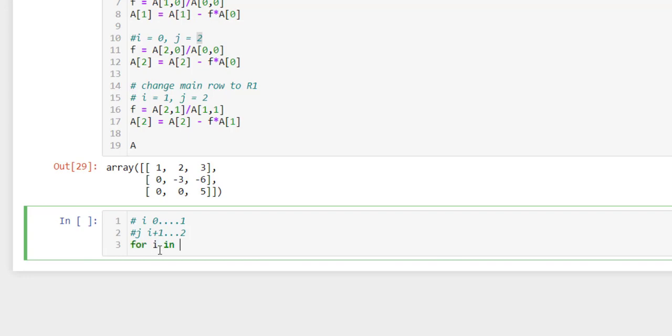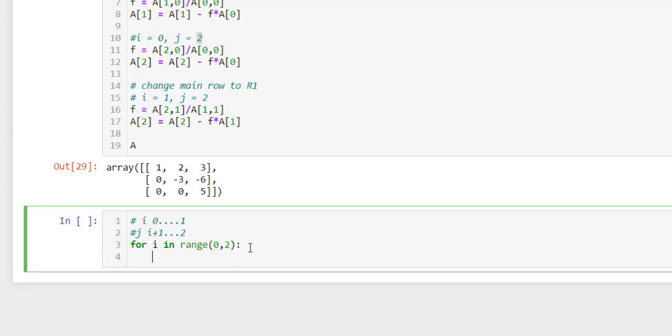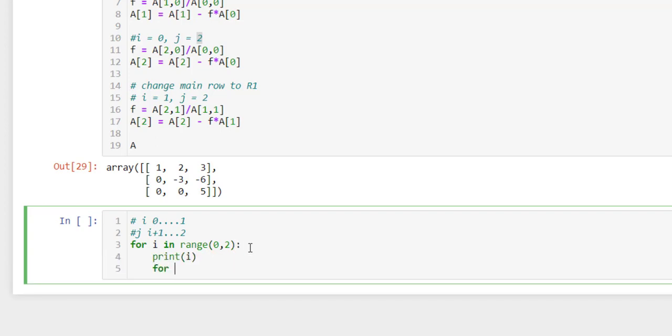So for i in range, it starts at 0 and ends at 1. If you remember correctly, range doesn't include the last value, so we have to type in 2 over here and print i. Then I'll write another for loop inside this for the row operations: for j in range, the starting value is i plus 1, and the end value is 2, so I have to say 3 here. Okay,